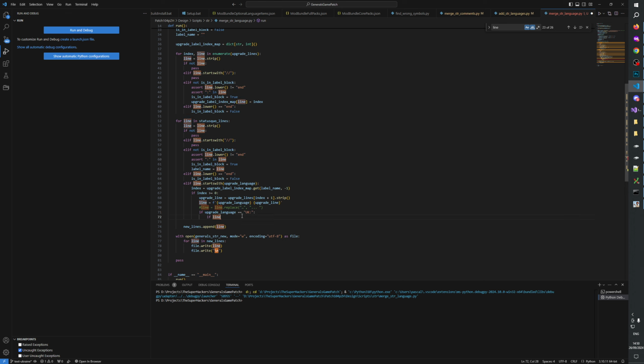So if line position 6 is star and line position 7 is not star,